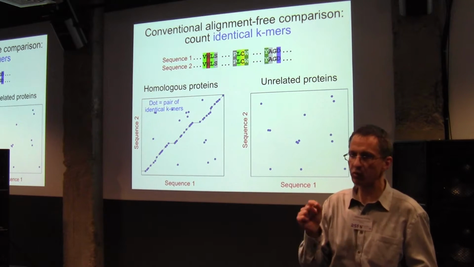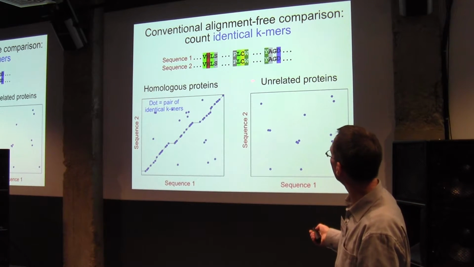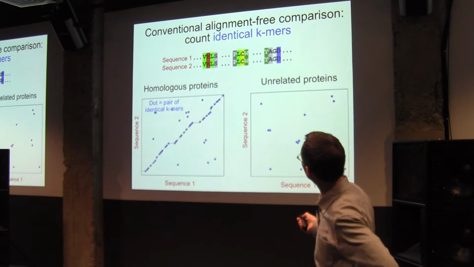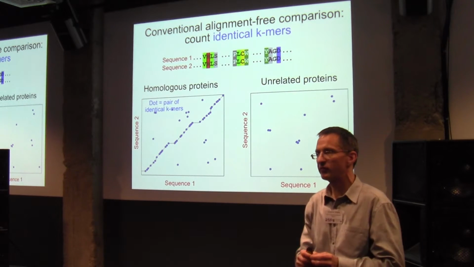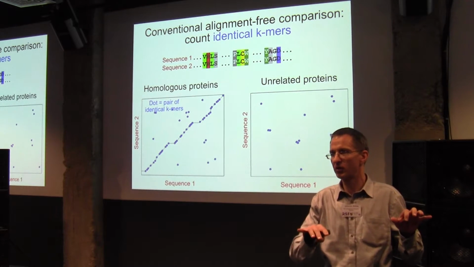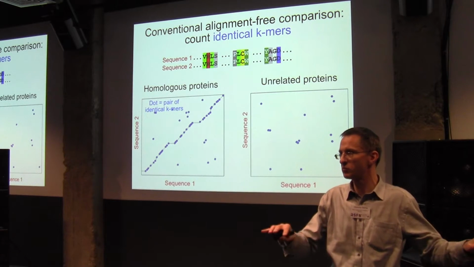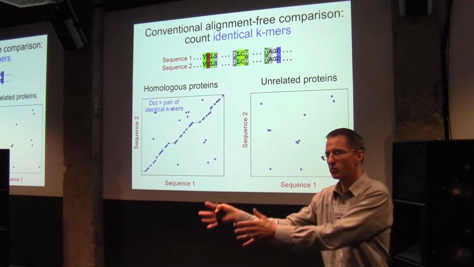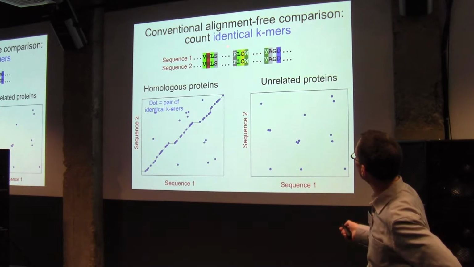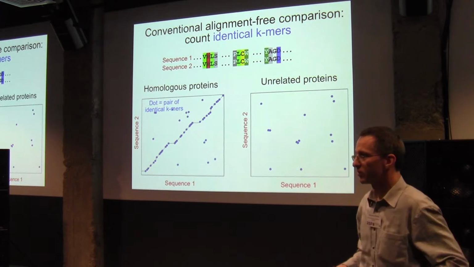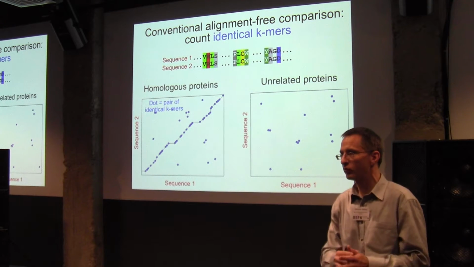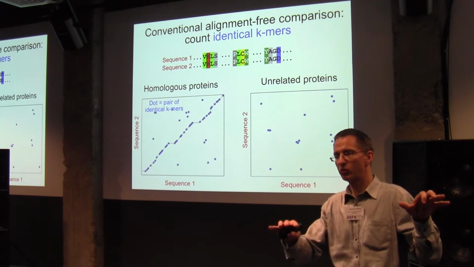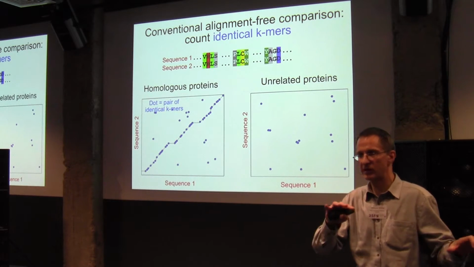That means that the total number of k-mer matches, of identical k-mers, will determine how much time your algorithm will use. So you want to make these k-mers as long as possible, to have as few as possible random hits between sequences that are not related. Of course, most sequences are not related, where you take a huge amount of sequence and compare it with another huge amount of sequence. So you want to make them long. But if you make them long, of course, you also lose sensitivity, because those long k-mers will not match even among homologous sequences anymore. So you have a dilemma what to do.